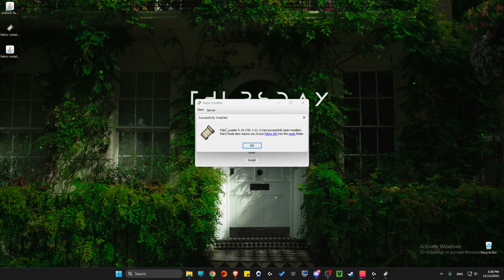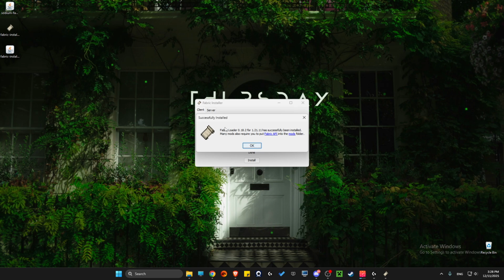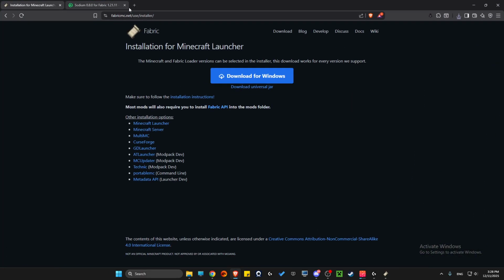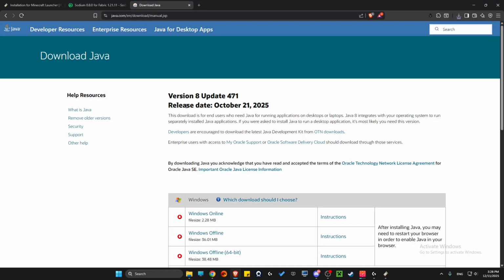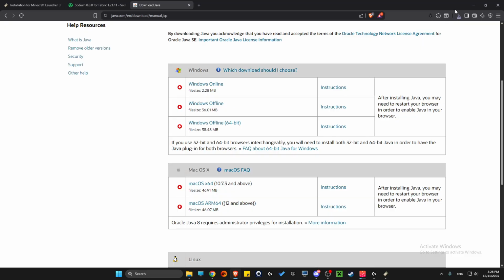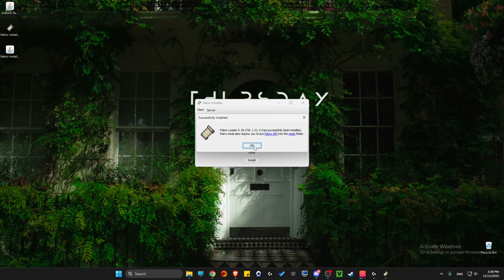If for some reason you do not get this, there are two reasons why. First, your Minecraft is not completely closed, or another reason is that you don't have Java. Then, if you don't have Java, go to Java download and download the latest Java to your PC. And after that, after getting this message here,